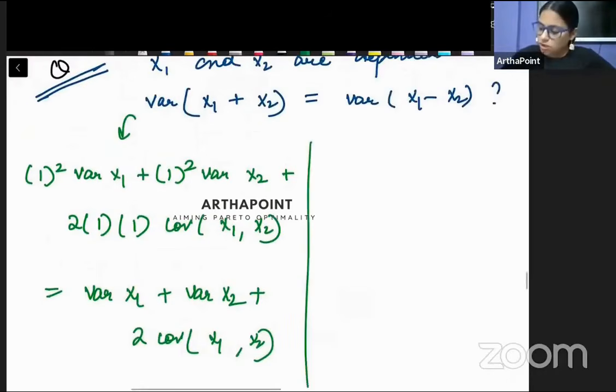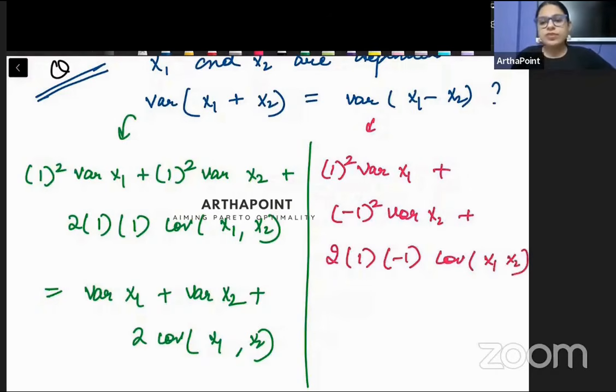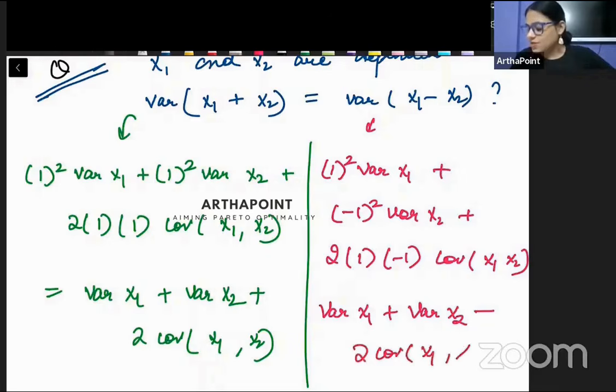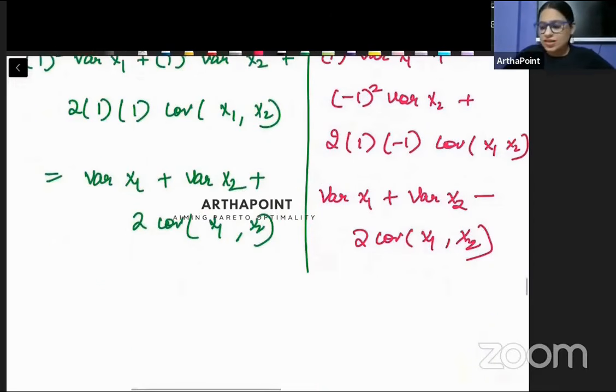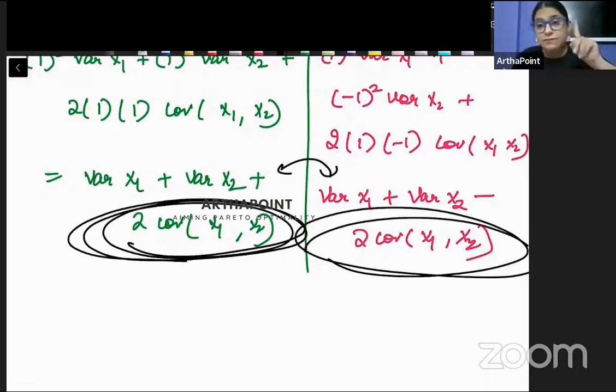बेटा, what will be the formula of this? इसका क्या फॉर्मूला होगा, a1 square variance of x1 plus a2 square variance of x2 plus 2 a1 a2 covariance of x1 x2, राइट बेटा। तो अगर हम इसको देखें तो क्या आंसर आ रहा है, वेरिएंस ऑफ x1 प्लस वेरिएंस ऑफ x2 माइनस 2 कोवेरियंस ऑफ x1 x2। तो are these two things the same? क्या ये दोनों चीजें बराबर की हैं? नहीं, एक में we are adding और एक में we are subtracting।